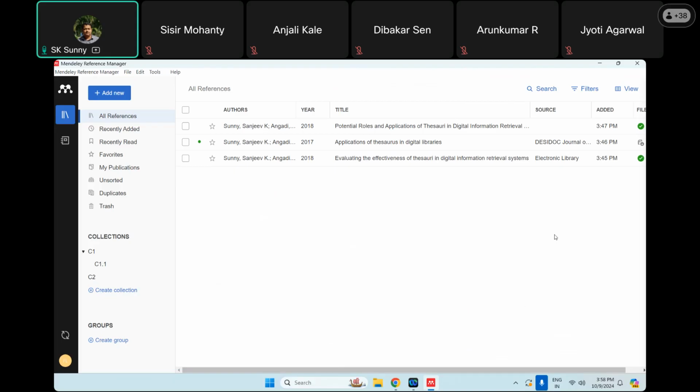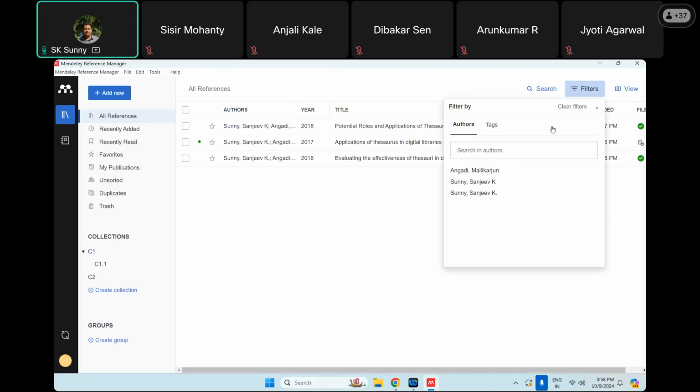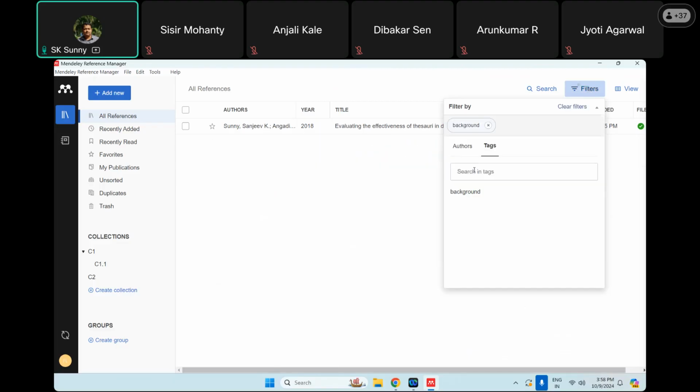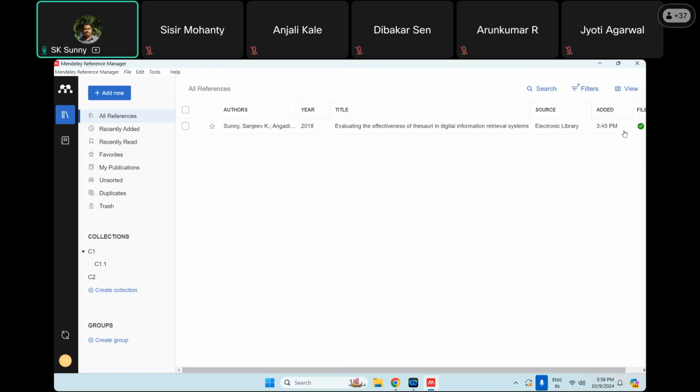So how to do that? For that there is an option called filters. Click here, go to tags, click this background, and that document comes in front of you. So only this document has the background tag. It doesn't matter if there are 3 documents or 300 or 3000 documents. All the documents tagged with background will come here. Now you open this PDF file,